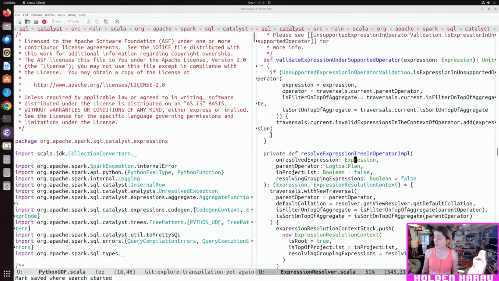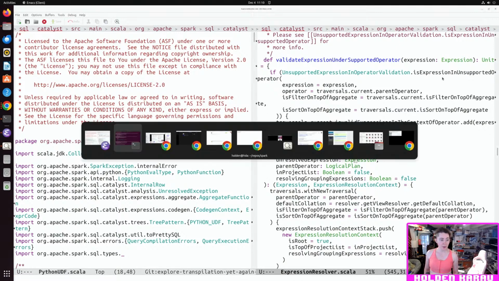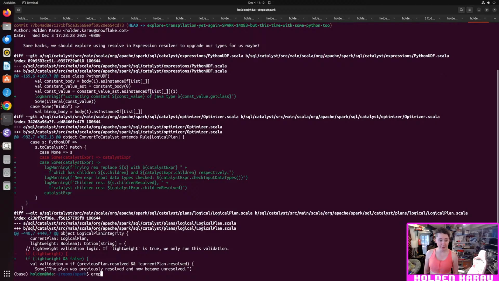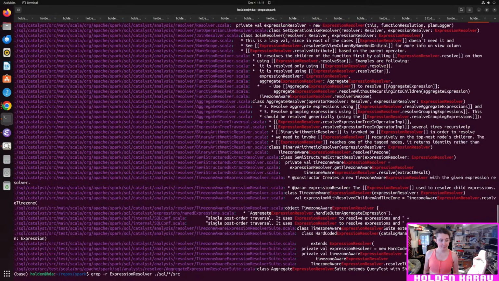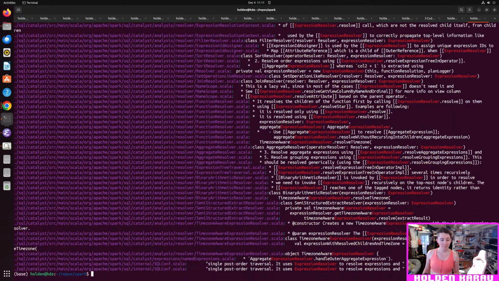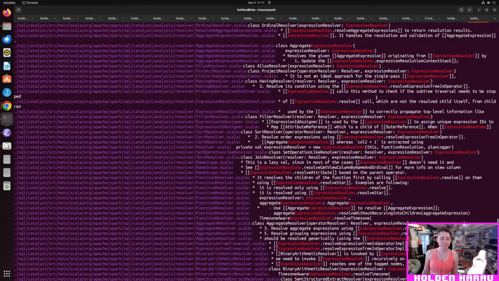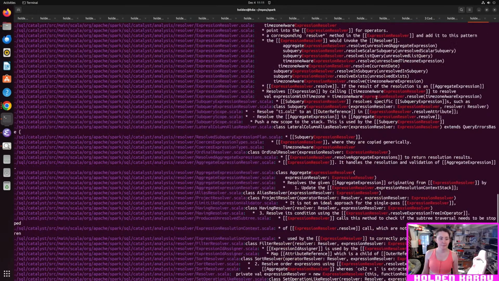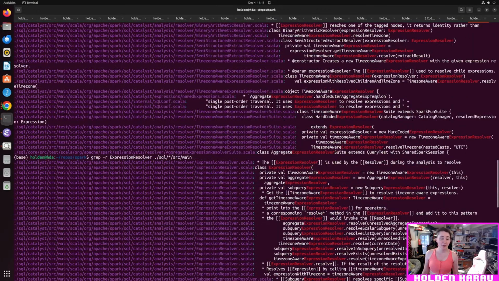Okay, this looks like some non-trivial code, so I don't want to copy it. Let's find where expression resolver is used and see if we can steal it. We have a lot of expression resolvers.